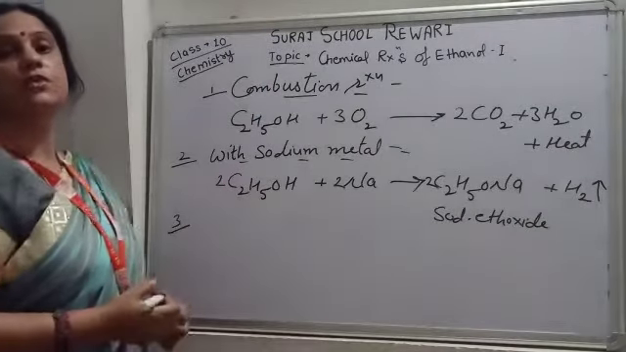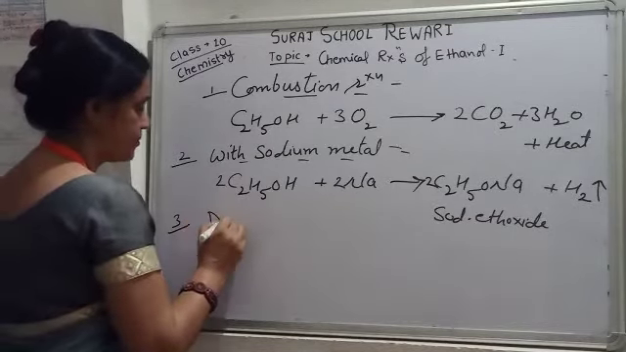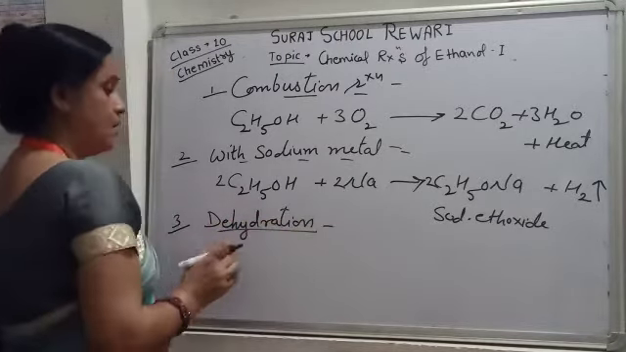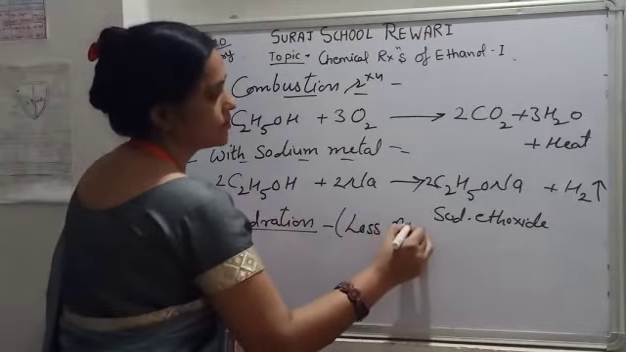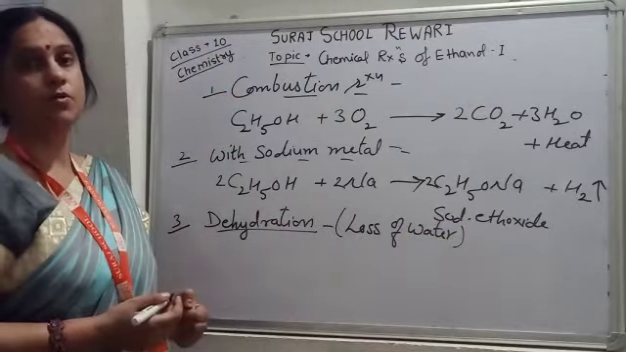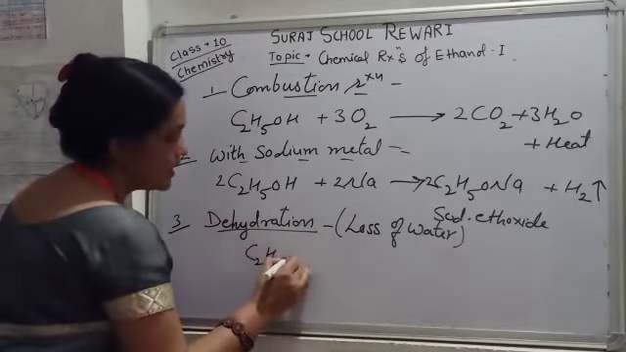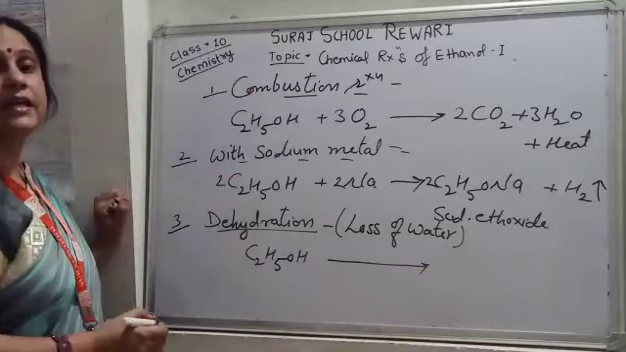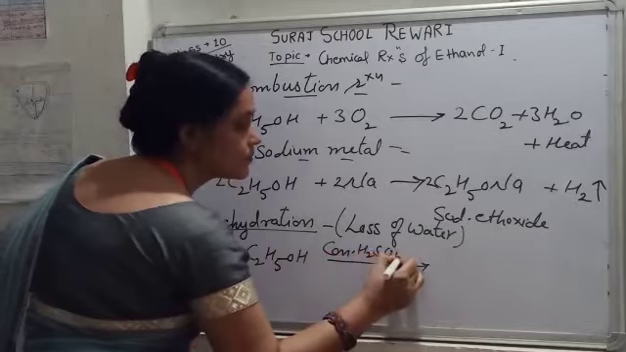The next reaction of ethyl alcohol is dehydration reaction. Dehydration means loss of water. The reaction in which a water molecule is lost is a dehydration reaction. So here, we heat ethyl alcohol in presence of a dehydrating agent, which is concentrated sulfuric acid, here at